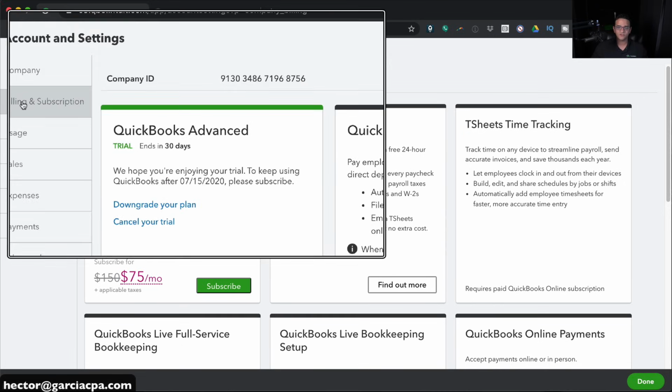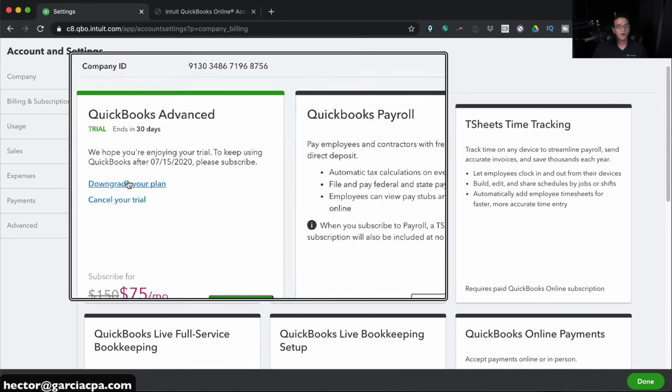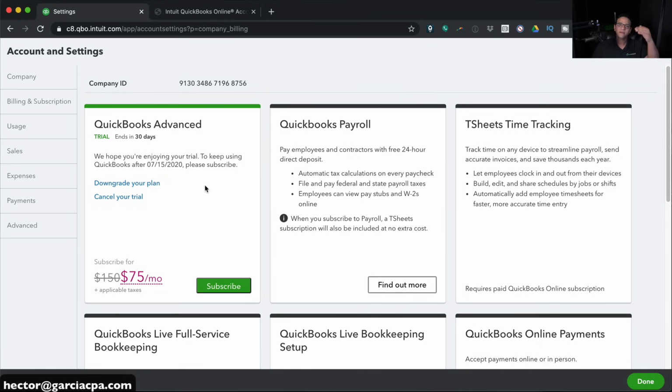For example, billing and subscription will tell you the edition of QuickBooks that you have. It will tell you whether or not you're in a trial or in a subscription. It will let you know when the next month is for your billing cycle, and it allows you to either cancel your trial, upgrade, or downgrade your plan depending on the edition that you have. You actually have the capacity to do that, and you also have your company ID, which you're going to need